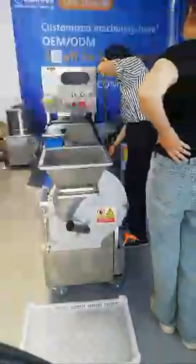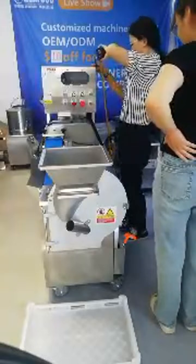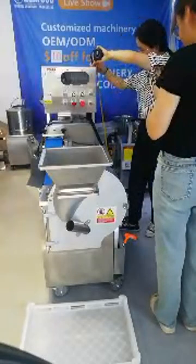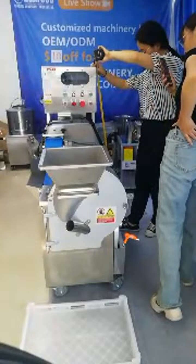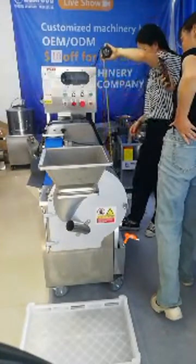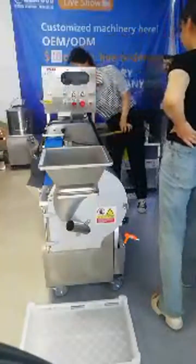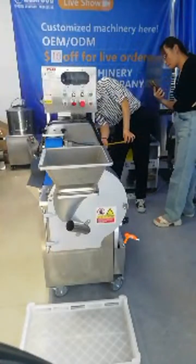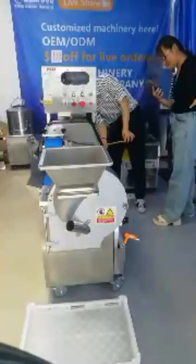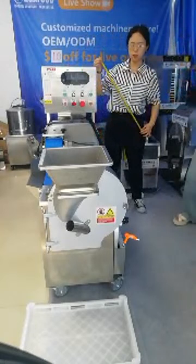Let's see the height. The height is 129 centimeters, and the width. The width is 43 centimeters. And for this machine, the capacity is about